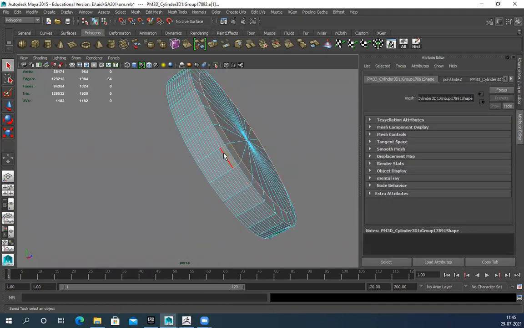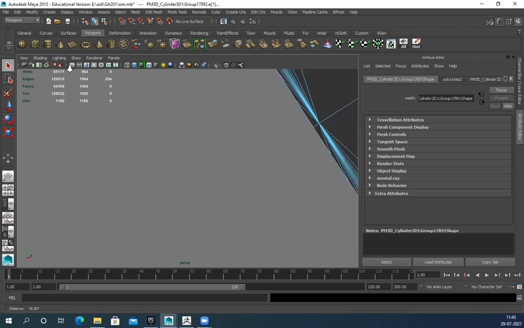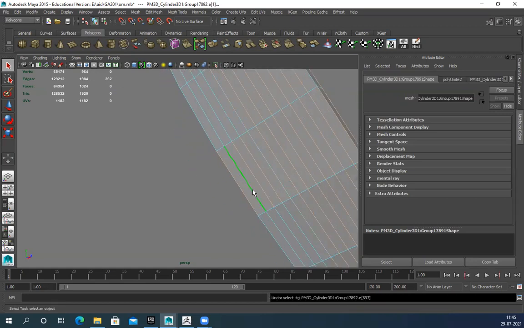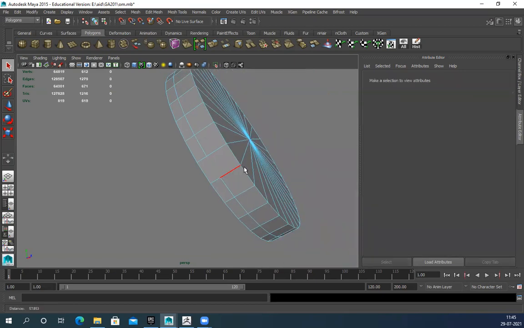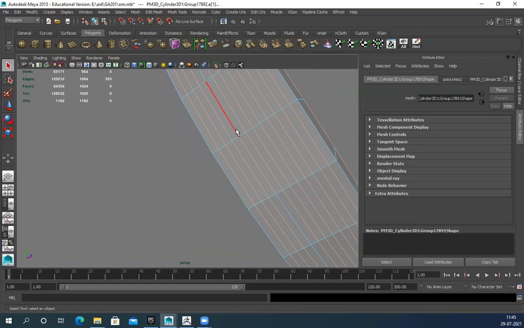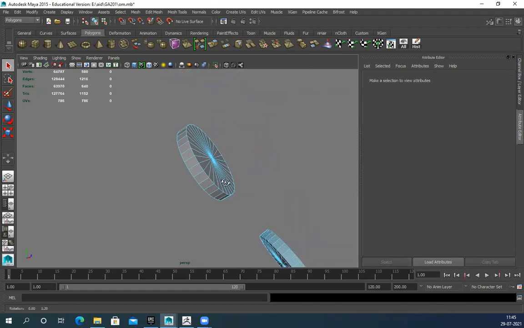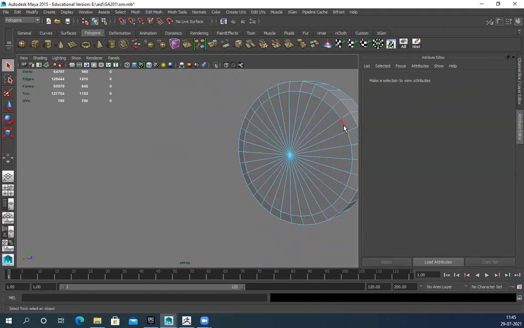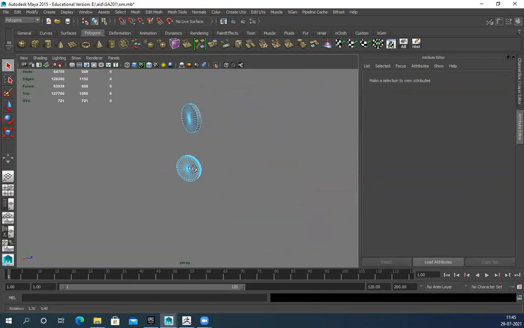This is not required. Oh, I ringed it accidentally. Delete. Clean.